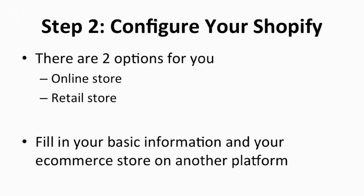Step 2 is to configure your Shopify store. You have two options, an online store and a retail store. You'll need to choose one of them depending on the nature of your business. If you pick the online store option, you will have a fully hosted e-commerce website. On the other hand, if you pick the retail store option, you'll get to sell in person using an iPad